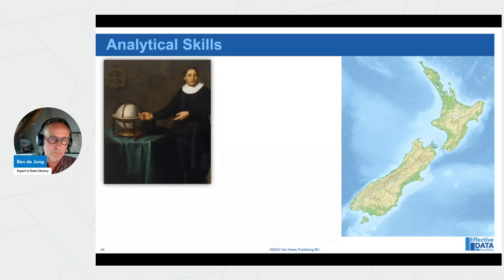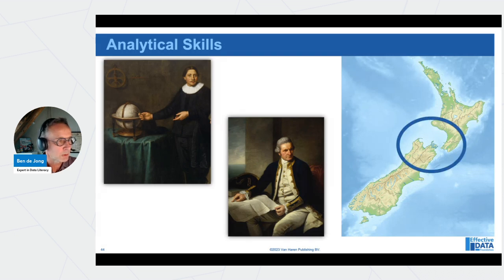The first European to see New Zealand was a Dutch explorer, Abel Tasman, in 1642, and he sailed around this island and said, "Oh, this is New Zealand." He was coming from Zeeland in the Netherlands, and he saw this one island. It's really great. And then a little bit later, in 1769, this guy came along, James Cook, and he saw this little